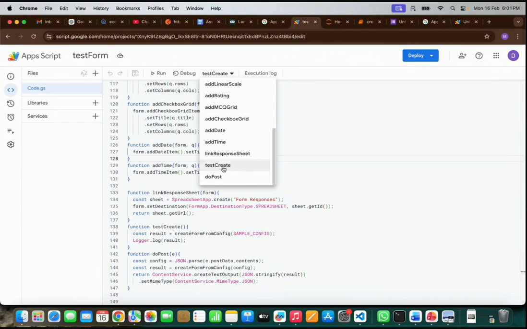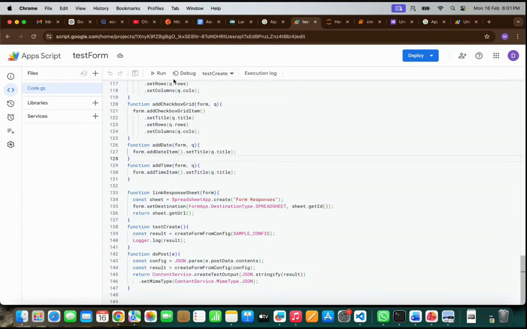This is a very important step. Before you run this, you first select the test create function, because you are testing this. You select this function and then you run it. It will create a form for you and generate the links for the form. So if I just run it now, you can see,